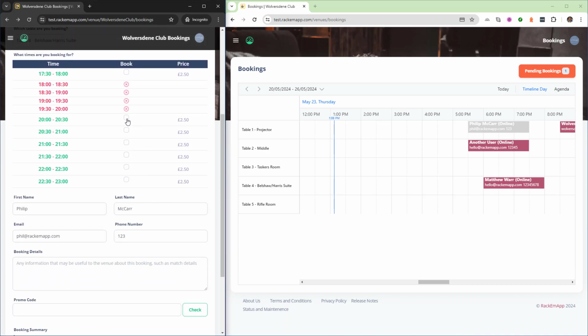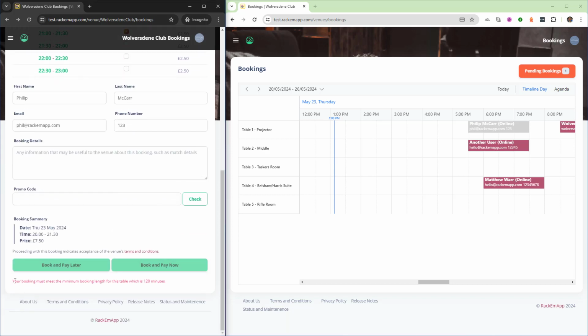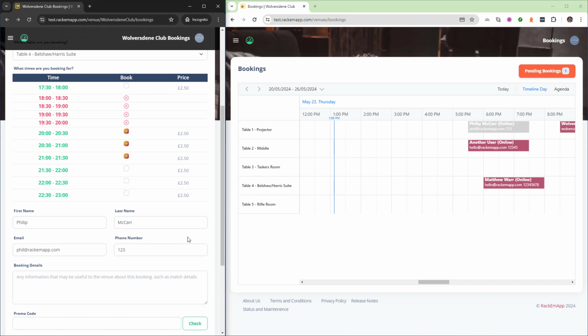When I've selected my time slots, it will perform some validations. For example, it tells me here my booking must meet the minimum booking length, which is 120 minutes. The system will allow you to ensure that you have a minimum booking period, so that people can't just book a table for half an hour. It will also show you the price for those resources or those tables, and it will show it depending on the time slot, and you can actually change your price and your minimum booking time for each individual table